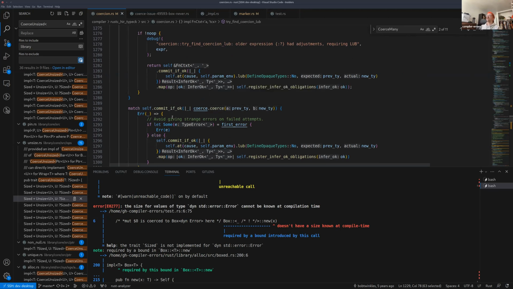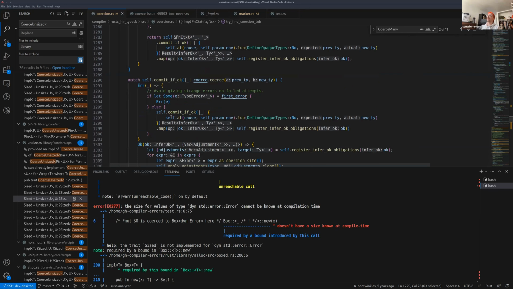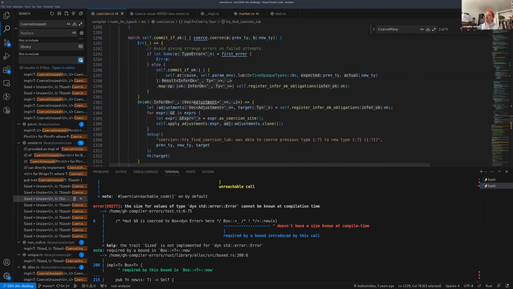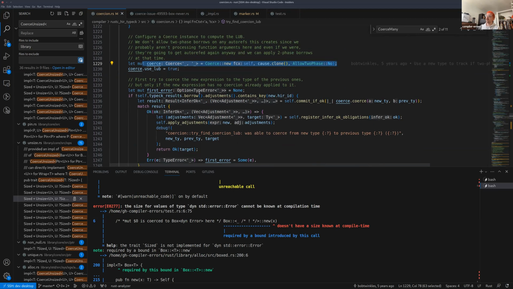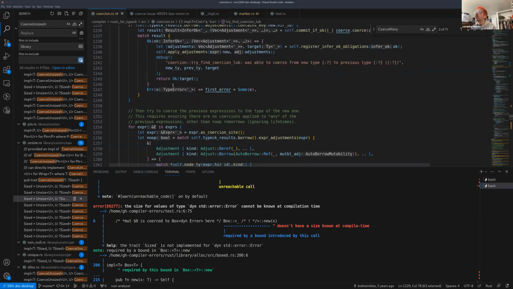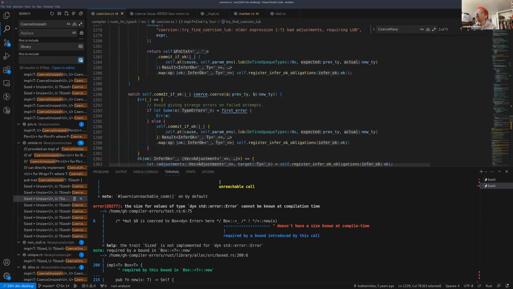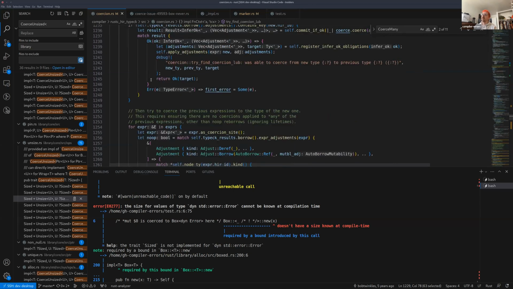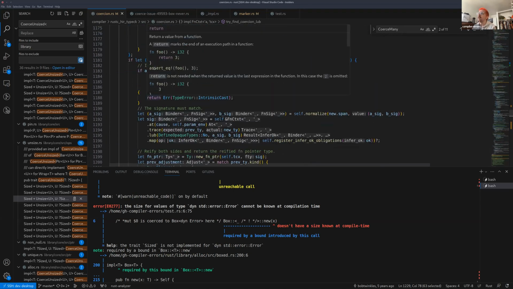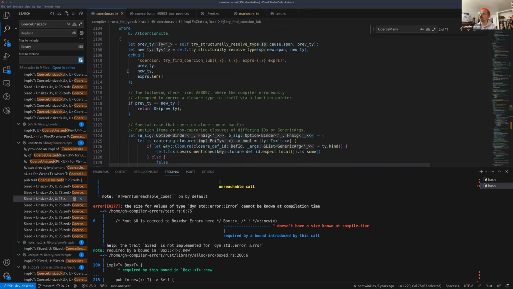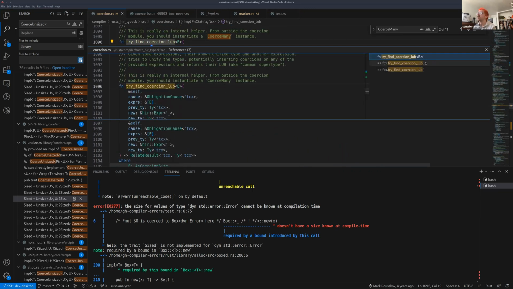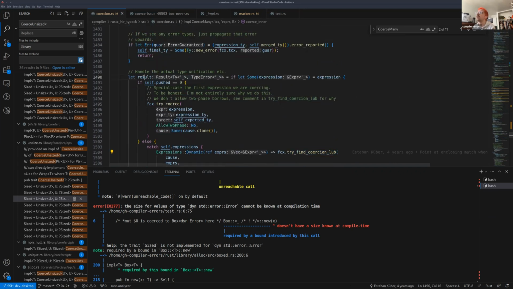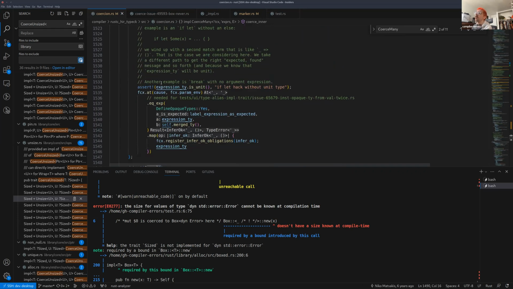We do some error reporting, but otherwise we're just using the two-type coercion code for coerce many, and then we take the type that we get out of that coercion, I'm pretty sure, and store it as our new merged type. It's the type that is merged from all the different arms, I'm pretty sure. So we get it as a return type from this result, and then we store it into,